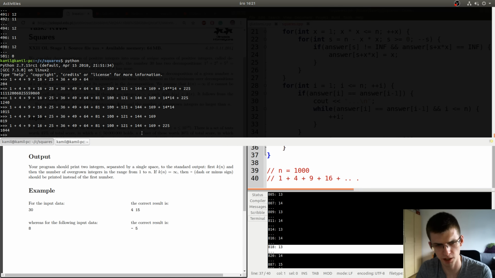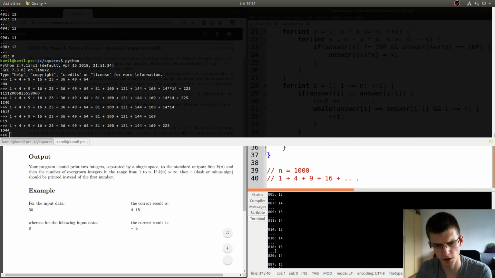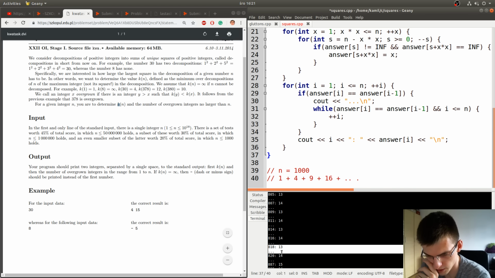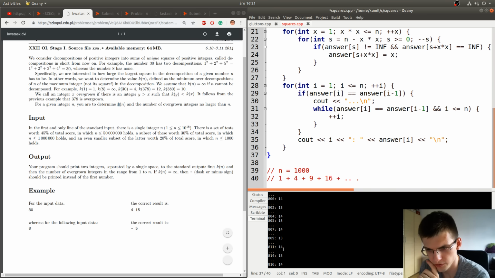Maybe I made some typo, because for 18, okay, it's okay. So here 800 and 819 is the last number where 13 is possible, and for smaller numbers the answer is either 13 or 13 plus 1.